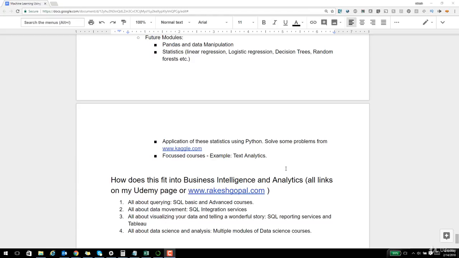So we could take some competitions that have been closed. The problem still exists there, and there will be some data sets, and we can try to solve them. I cannot promise you that we'll solve them so efficiently that we will be number one on the leaderboard, but I can show you how to grab that data, do some manipulation in that, and